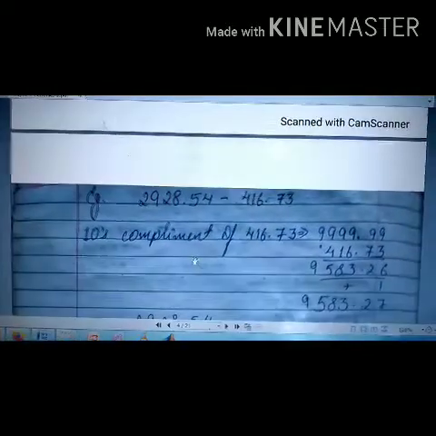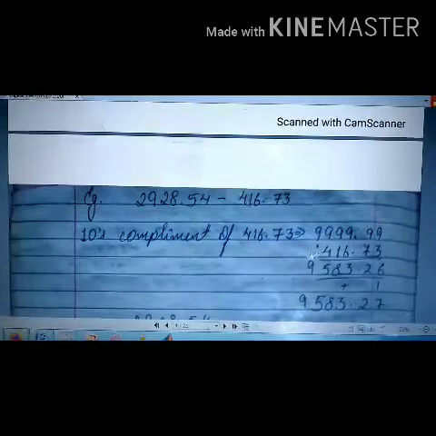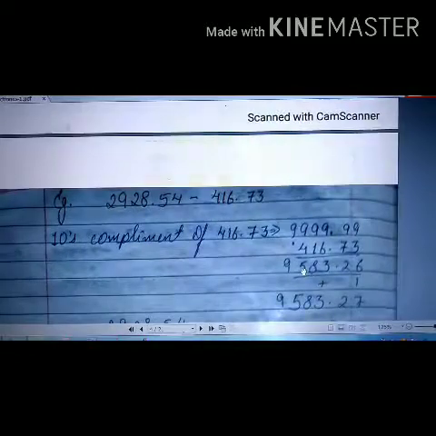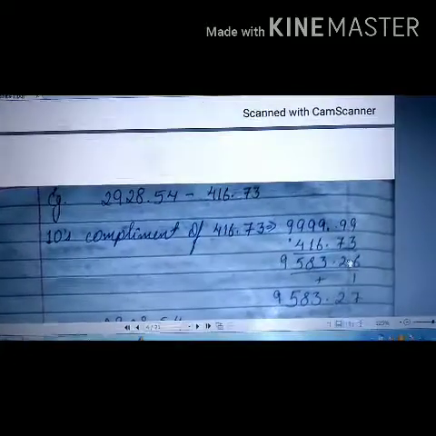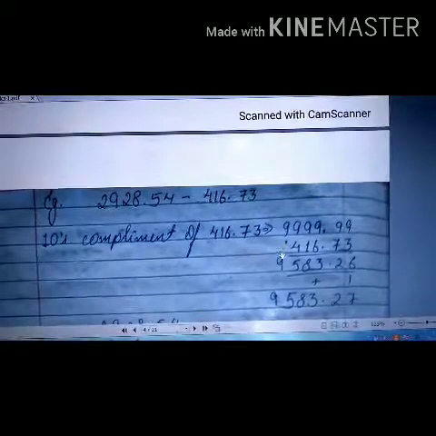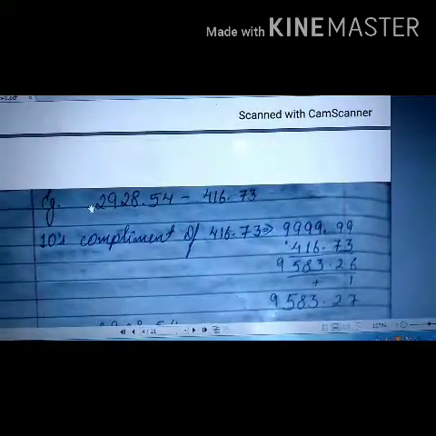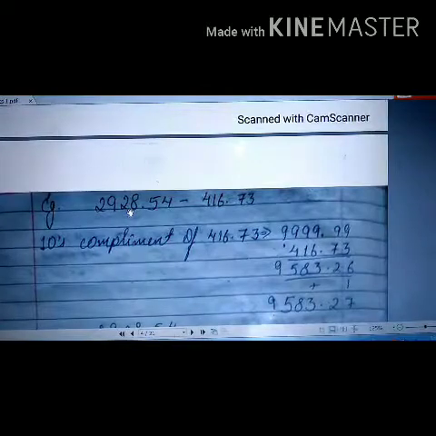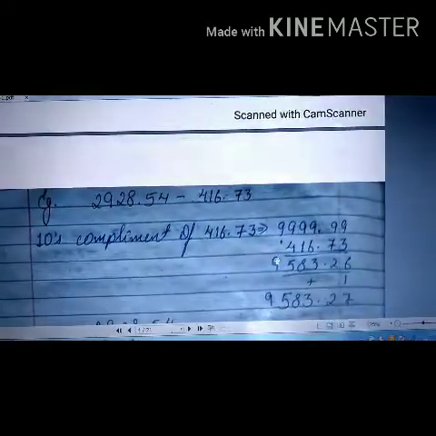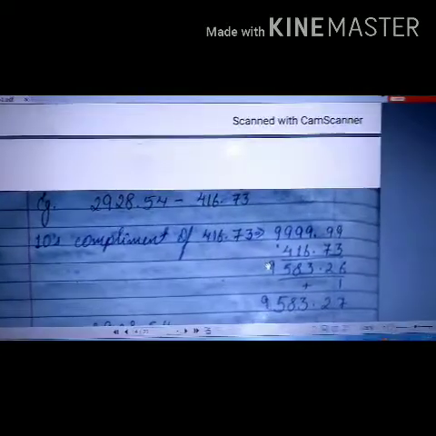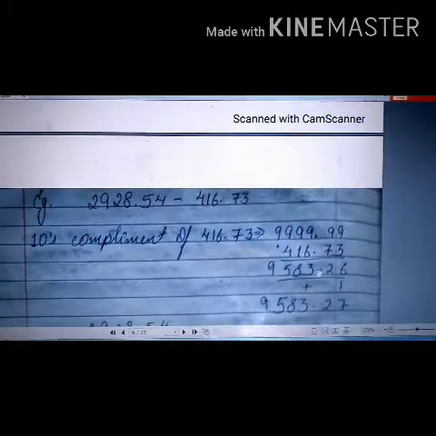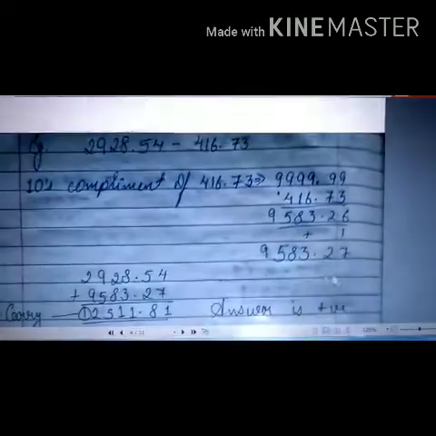Now I will take out the tens complement of the subtrahend. So I will subtract each digit from 9 and I will get an answer here. Okay, then you will see that I have taken the fourth digit here because this is a 4-digit number before the decimal. Okay, so I have to take 4 digits here. If I have not taken this 4-digit, the answer will always come wrong. Then this is the complete 9's complement, and if I add 1 to this, I will get the 10's complement